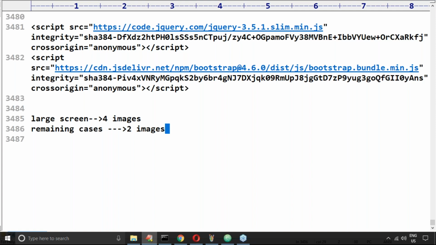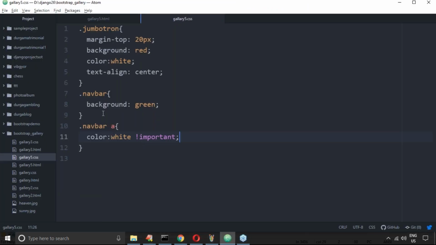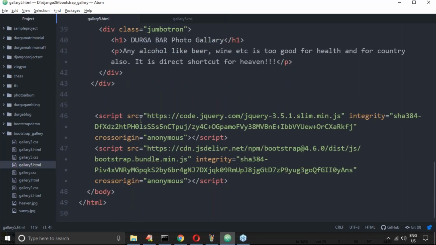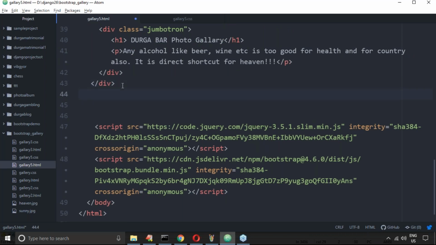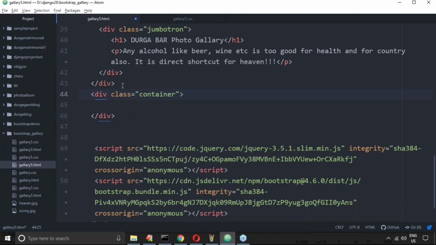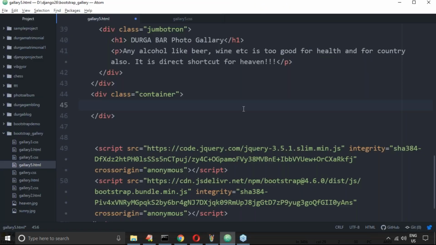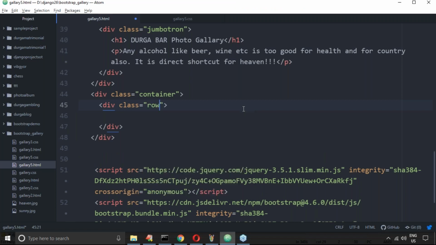How can you do that? Grid, sir. Grid syntax you people are already aware of. Let me take the grid here. You can take it inside a container, no problem at all. Even if you are not taking it inside a container, automatically uniformity by default will be there. Now inside a container, how to define the grid? Div class is equal to row. Have you remembered? Div class is equal to row, like we have to take.